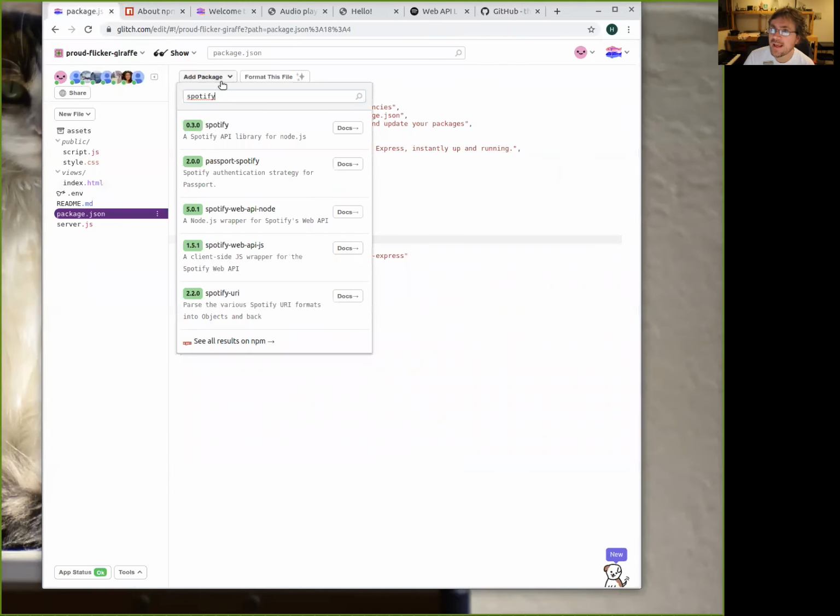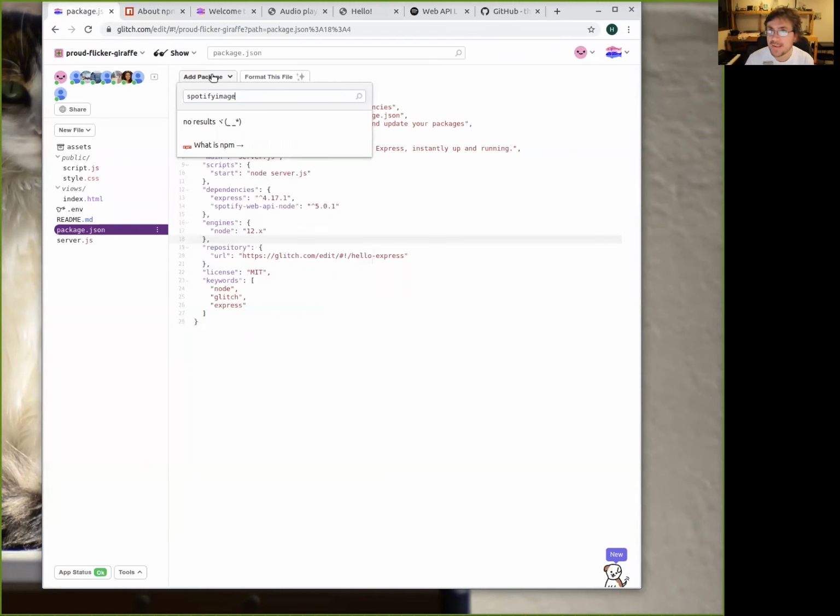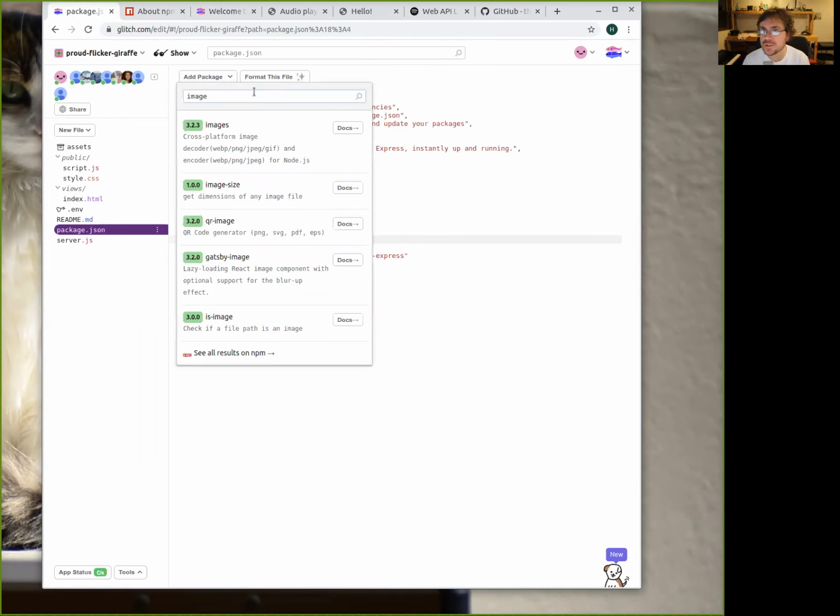However, Glitch allows us to add packages. For example, packages for doing images. If you want to resize images, probably somebody has already created code for resizing images when you upload them to a browser.